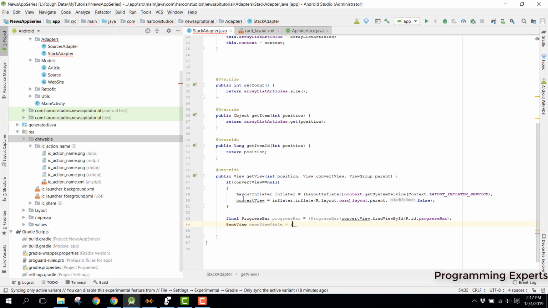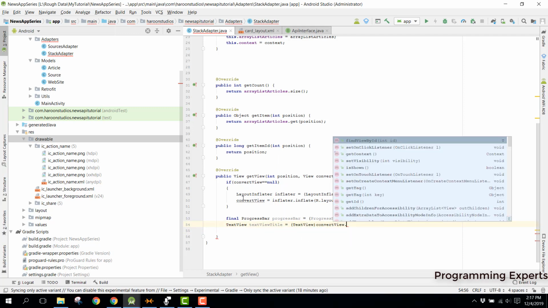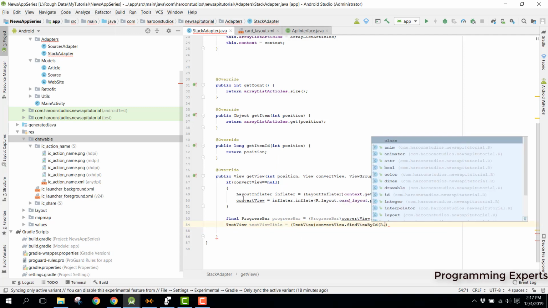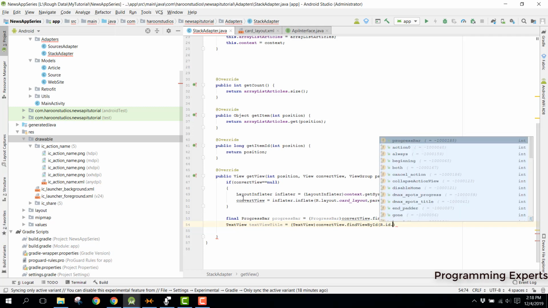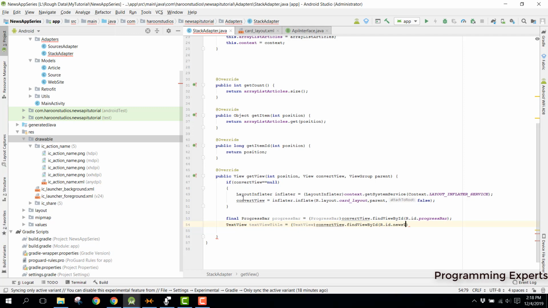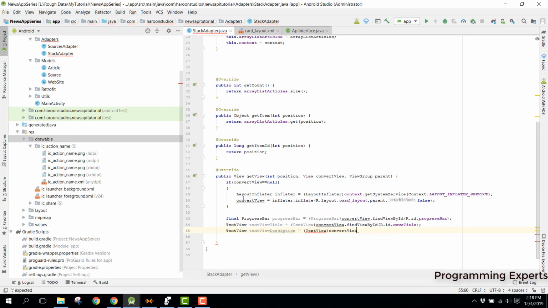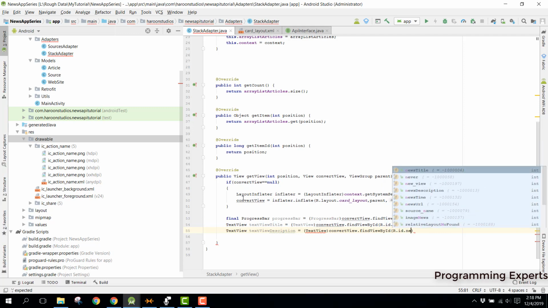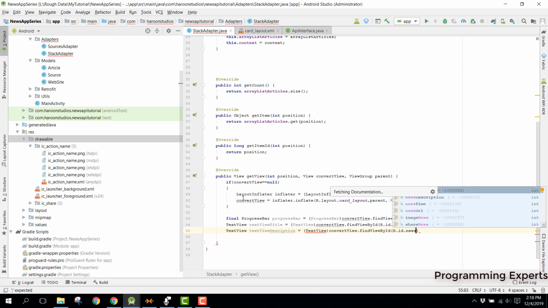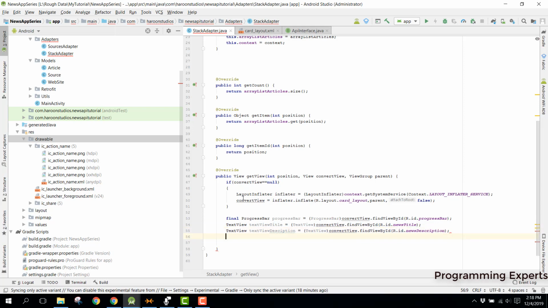we can bind it. So for this we can use the text view here, and then we can use this convert view dot find view by id, and then for this we can say r dot id dot news title, and then we can say text view description, and it will be similar for this. So we can say convert view dot find view by id r dot id dot news description,